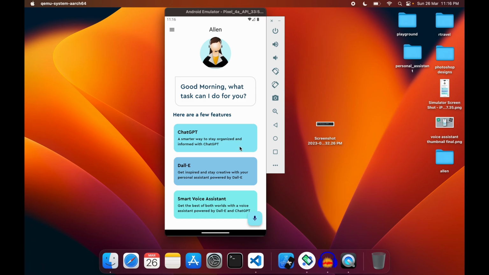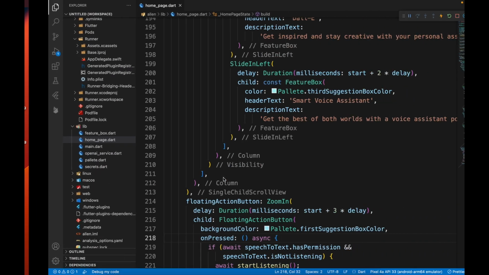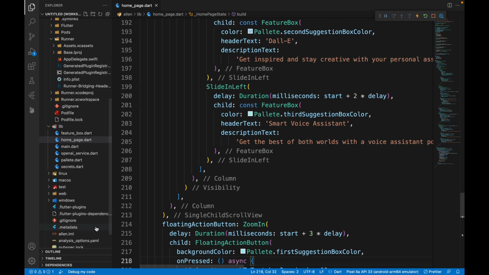So this was the entire app. We were able to integrate ChatGPT and DALL-E together, and we found a way such that we don't have to hard code to use either of the APIs. We are sure and confident that the correct API will get run and it will generate proper results for us. And this works on Android and iOS. Of course, if you want, you can run it on macOS, Windows, web, anywhere, because we are just using HTTP client, animation package,